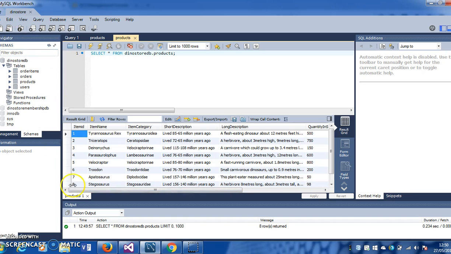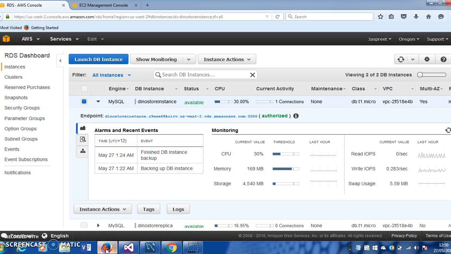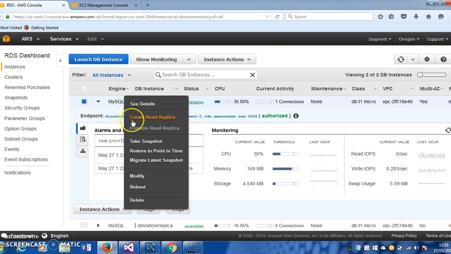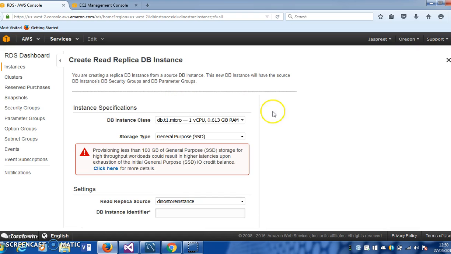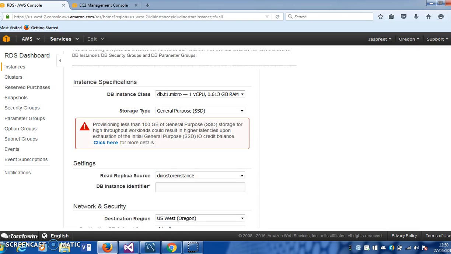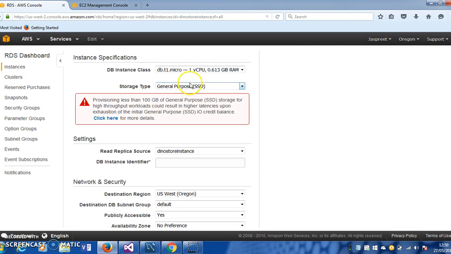And now go back to your RDS instance. We have to create the read replica for our instance. The read replica is like creating a copy of your original instance, so that it can work in a failover situation. For this purpose, you just have to right click on your instance and then select create read replica. Over here you have to keep the RDS class as it is, storage as it is, and then you have to enter the name of your RDS instance identifier, like I gave the